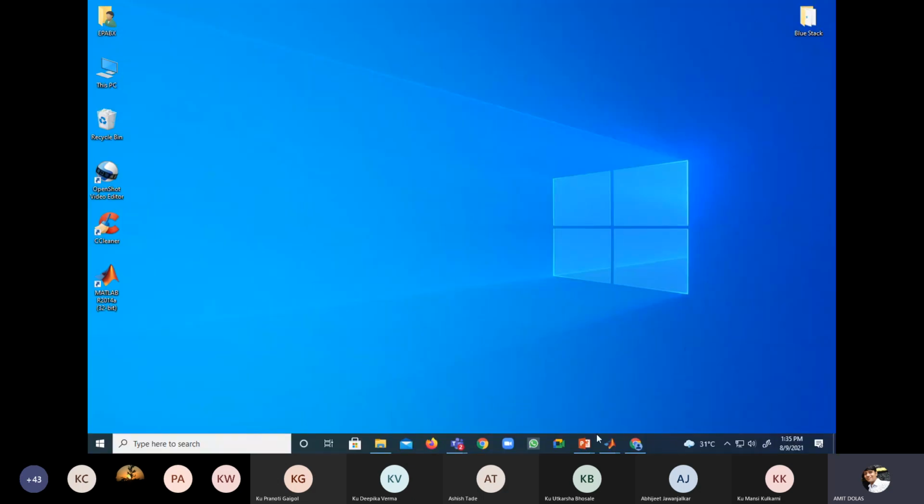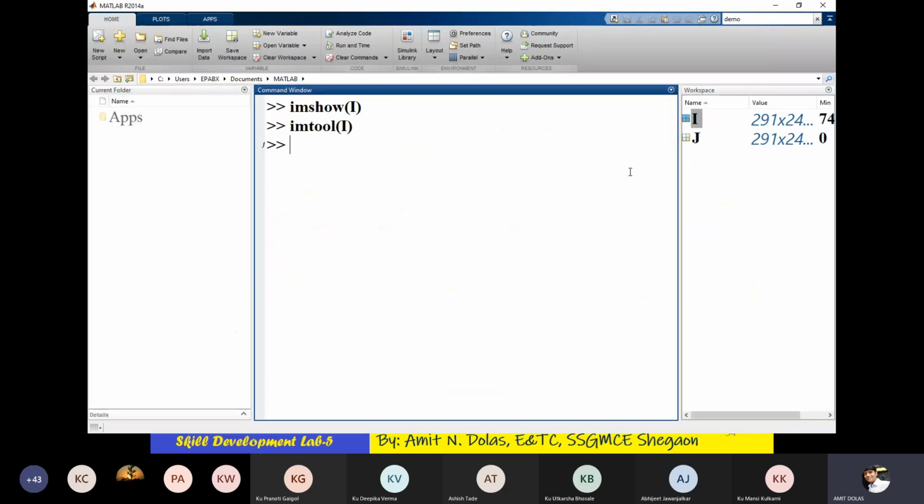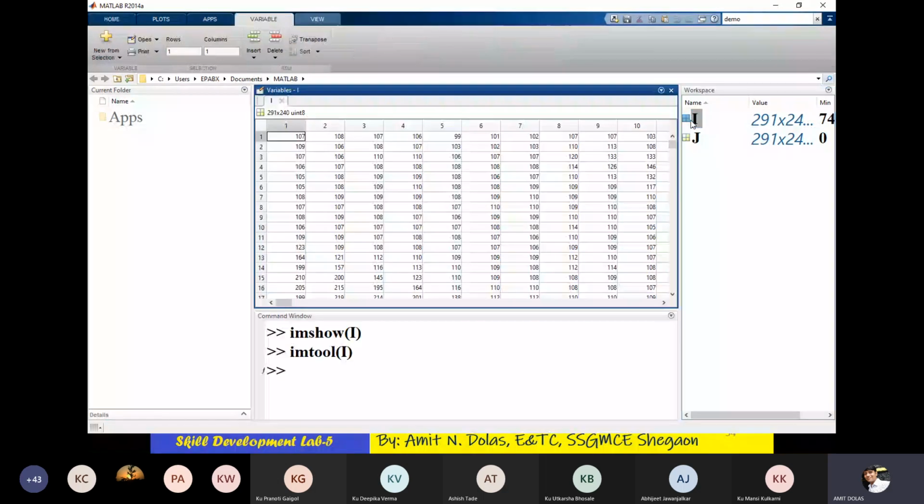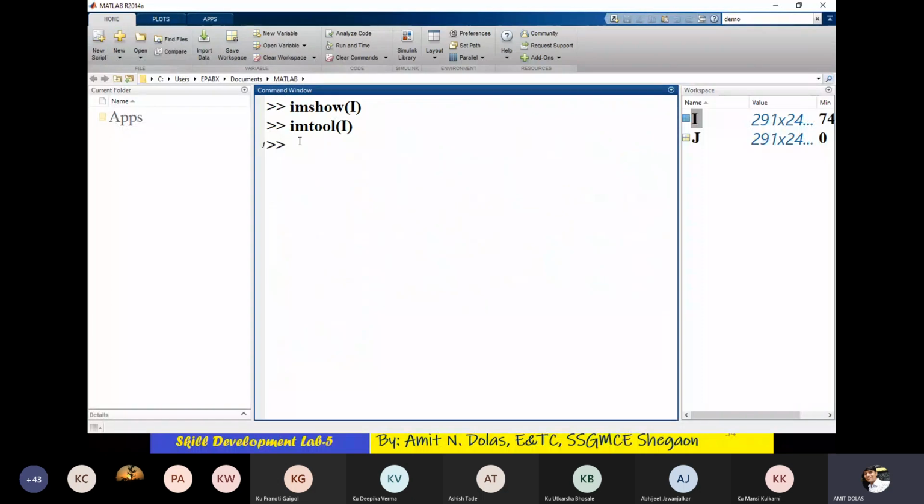We'll again come back to MATLAB. We have seen this matrix array of 291 by 240 uint8 with different values. We have seen imtool also.